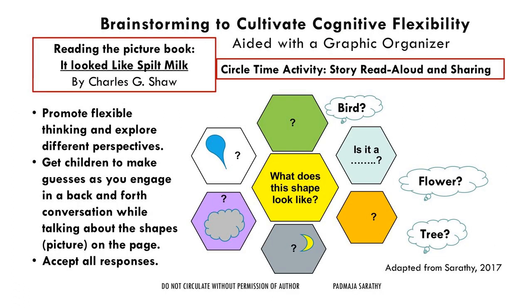So this is the brainstorming tool that I've been talking about. Let's take the story of It Looked Like Spilt Milk. For those of you who are not familiar with the story, this is a wonderful picture book, and you can use it, as a matter of fact, I feel, even to do some STEM thinking, science, technology, engineering, math, because that's the final page in the book. This is a book written by Charles Shaw,